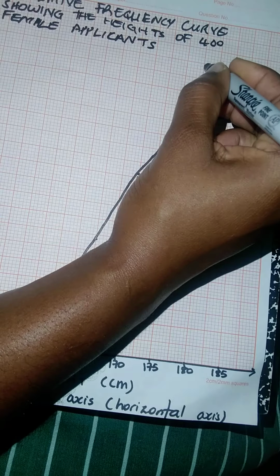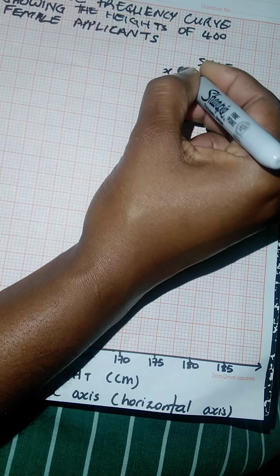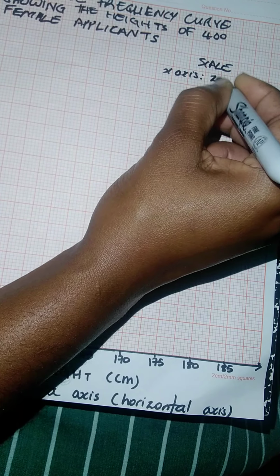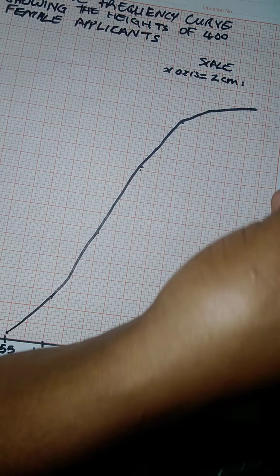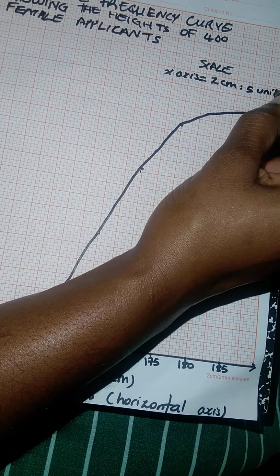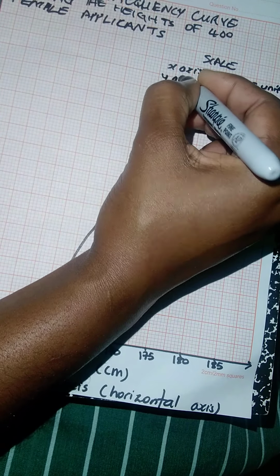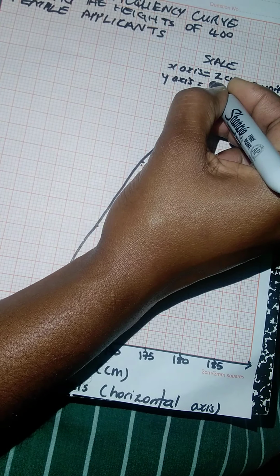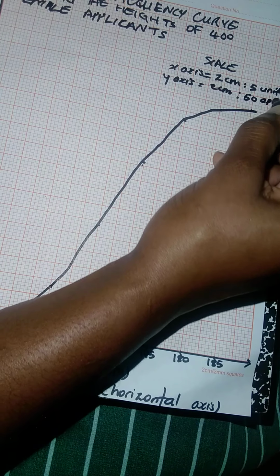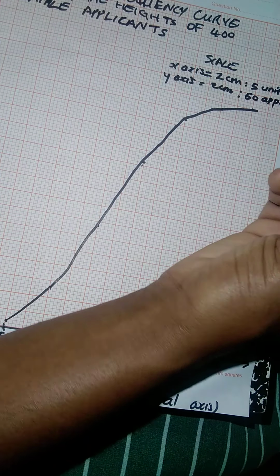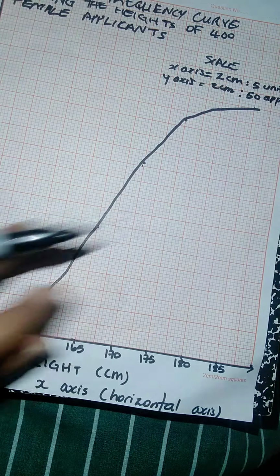And our scale, we need to let them know our scale. The scales are for the x-axis. We use x-axis is 2 centimeters to 5 units, and the units was centimeter, right? But for the y-axis we use 2 centimeters to represent 50 applicants. I'm going to use APPL for applicants in short. Now the colons here means represent. Alright, so